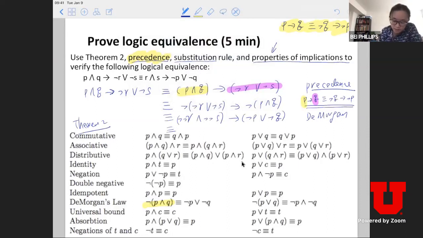This rule is basically because I'm doing negation of R, this is the double negation rule. If you look at this, this is double negation, and double negation is equal to the variable itself. So it became R, and double negation of S is S, implies. And because I have parentheses, I can get rid of the parentheses based, again, on precedence.